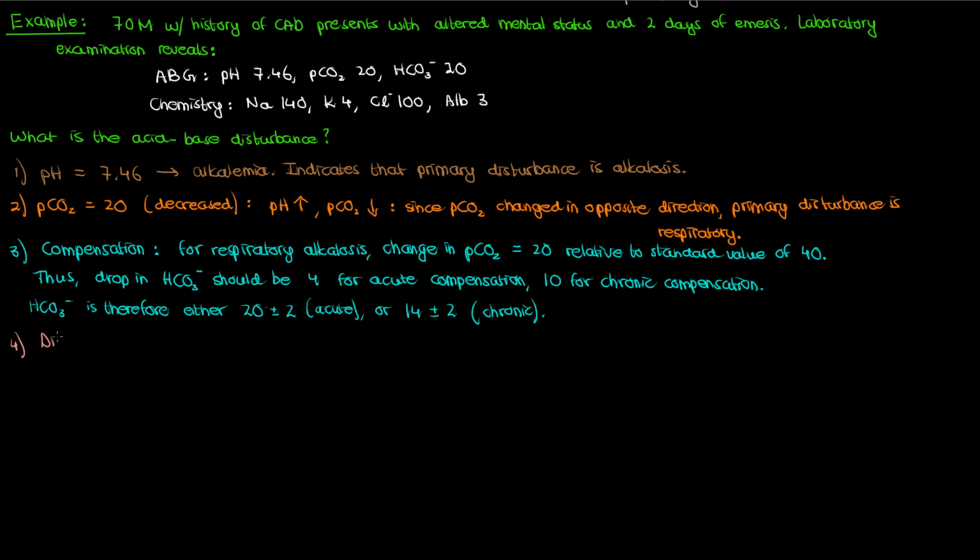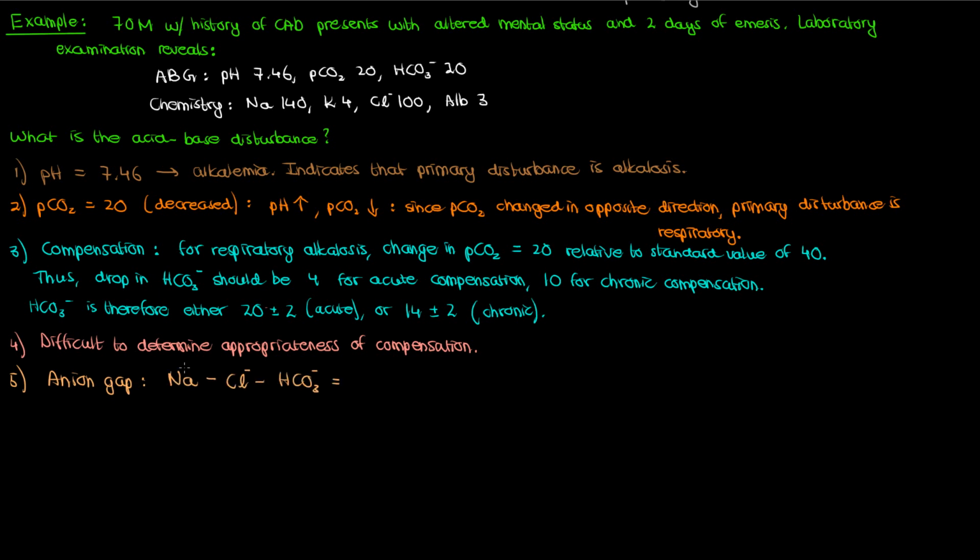The problem is that it's very hard to know from the one-line story I've given you whether the underlying process is acute or chronic. The patient's been having symptoms for a few days, which is generally how long it takes for chronic compensation to occur, but I don't know if the respiratory stuff started before that or after that. So we can't really use step 4 to determine appropriateness of the compensation if we don't know whether we're compensating for an acute process or a chronic process. So we'll actually have to skip step 4 here and go straight to step 5, which is where we would